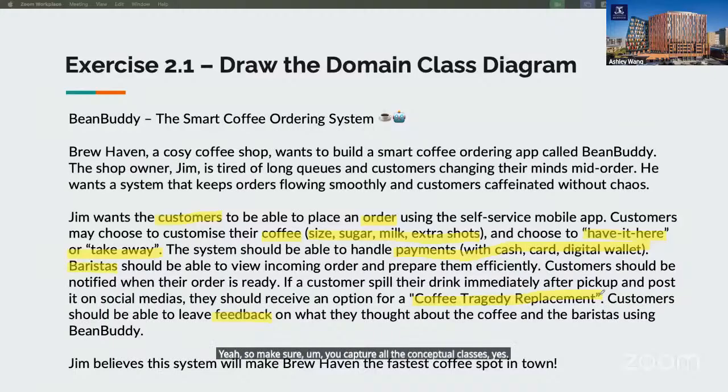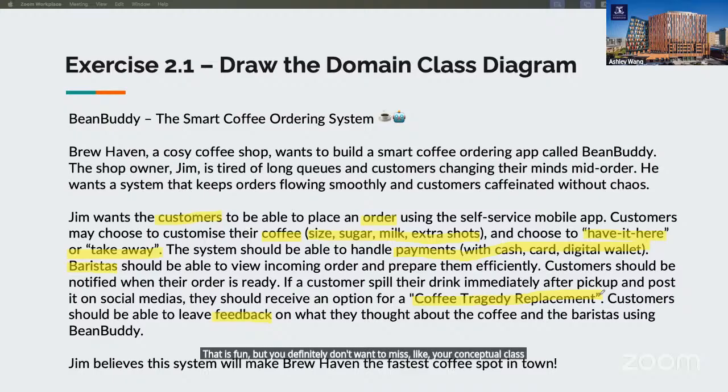But when you're being marked on these domain class diagrams, are they compared to one model solution? For example, if I modeled the classes and attributes slightly differently from the model example, do I get marked down? Like a regular coffee step, you could represent it as its own class, but you could also represent it as an attribute. That is fine.